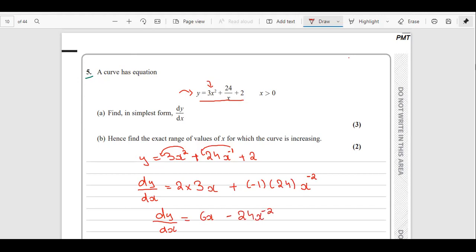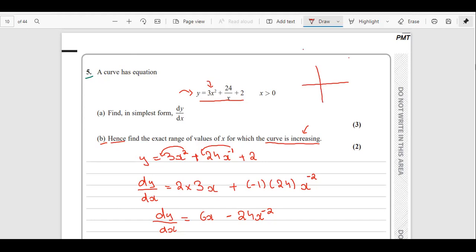The second part is, hence find the range of values of x for which the curve is increasing. Again we have hence, which is telling us that we need to use the first part. But even if we did not have this hence, whenever the question is about increasing or decreasing, we should refer to the derivative, because if we talk about a graph,